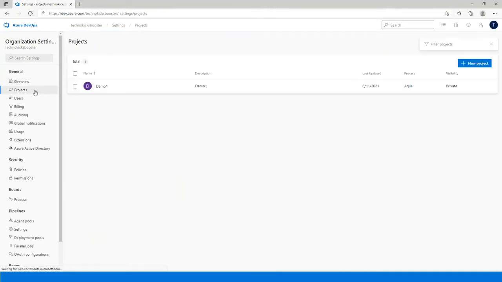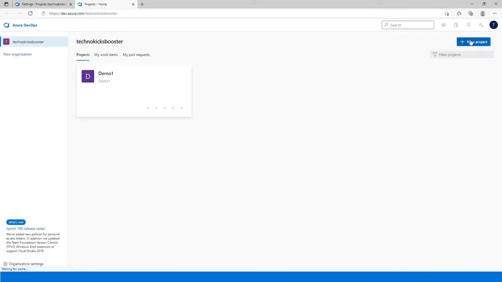The next section is basically a general section. These are the projects, the list of projects that are available in your organization. Since you are an Azure DevOps administrator, you will be able to see all the projects inside this organization. For example, let's say you created one more project. Let me create a new project and just show you whether it is displaying or not, just for testing purposes.